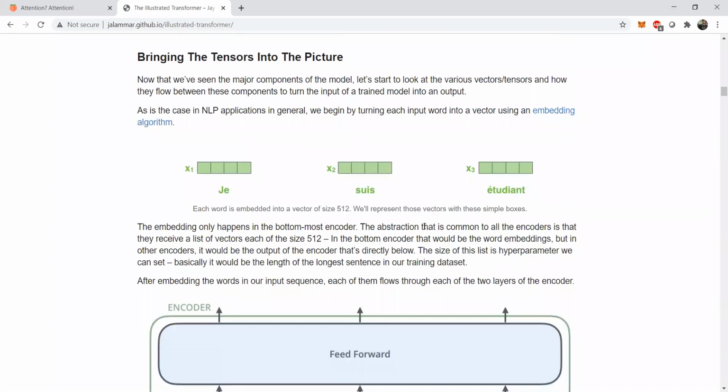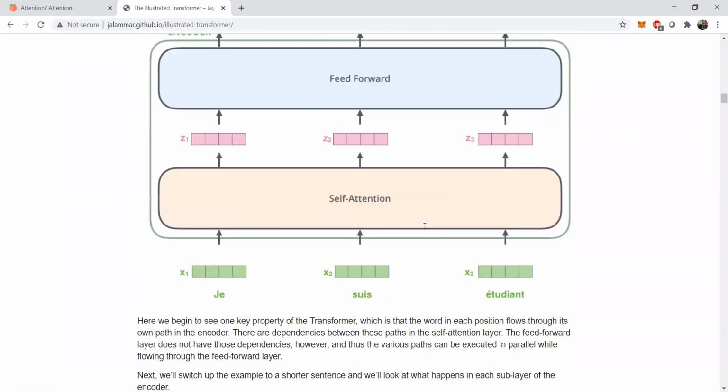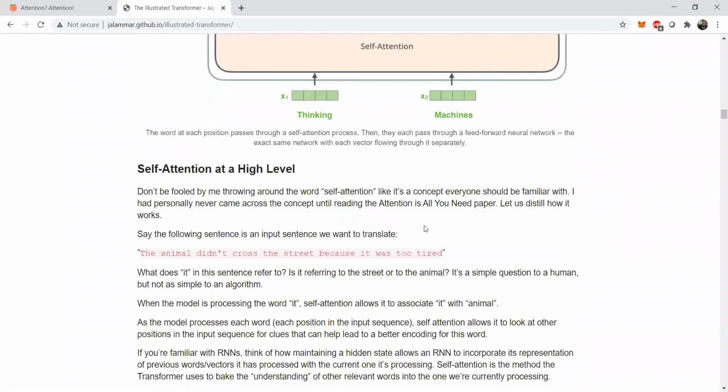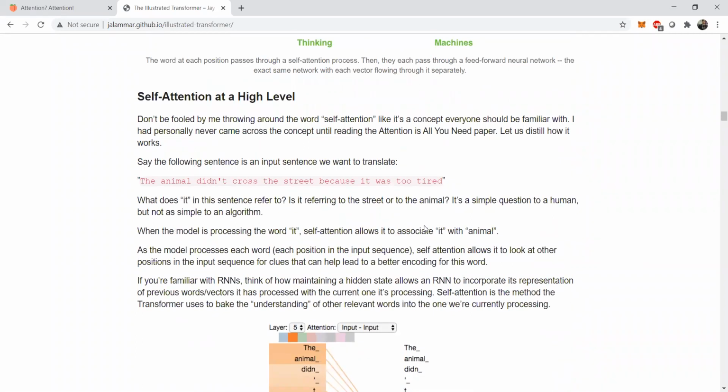Now, if we consider the important features of encoder decoders or self-attentions, one of the most important aspects is co-reference resolution. So let's say we take this example: the animal didn't cross the street because it was too tired. Now, how "it" can refer to "the animal" is a very difficult question for an encoder to answer. So in this case, the self-attention allows it to associate with the animal. As the model processes each word, self-attention allows it to look at some phrases of that particular sentence in different orders.